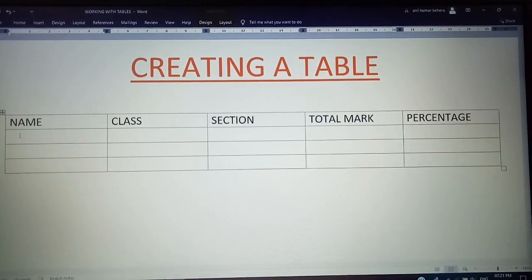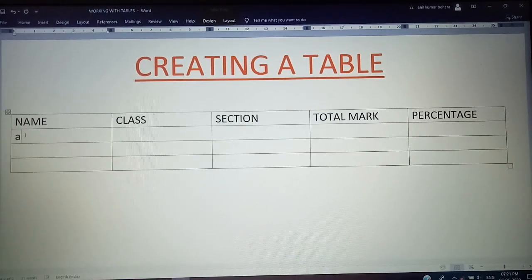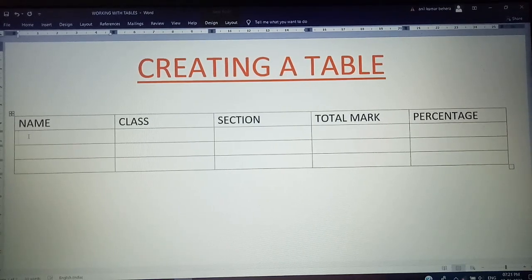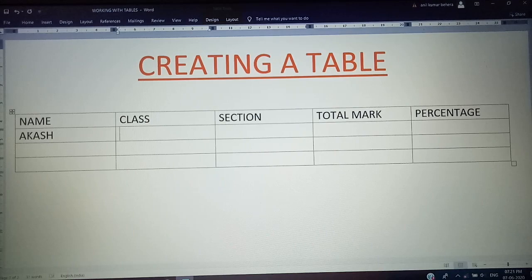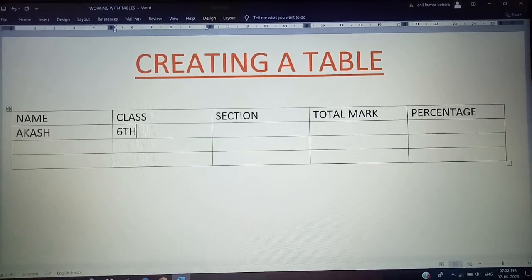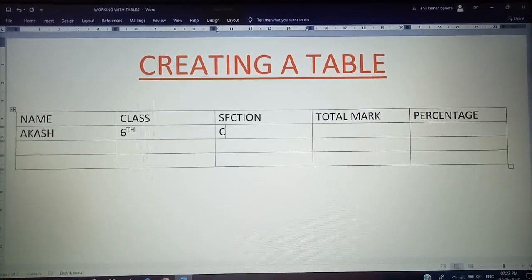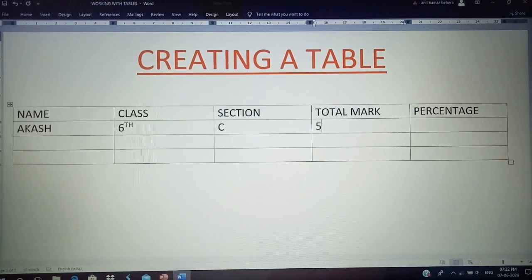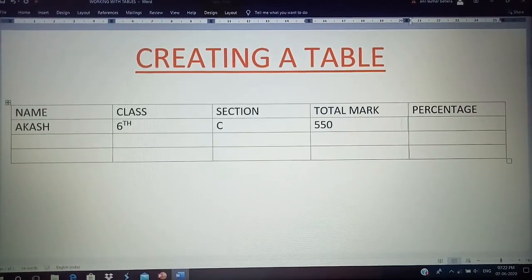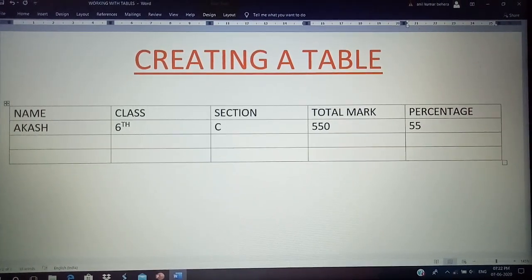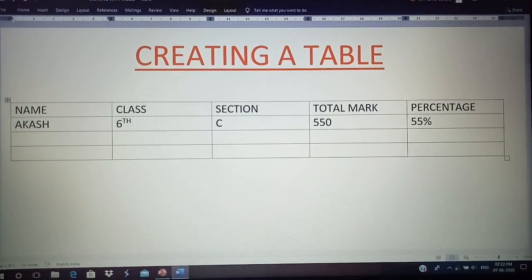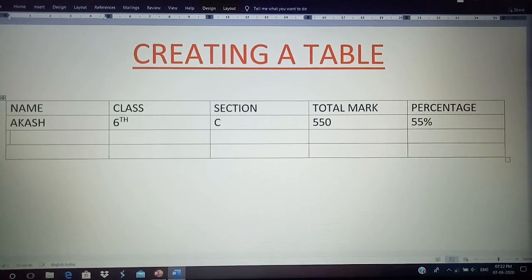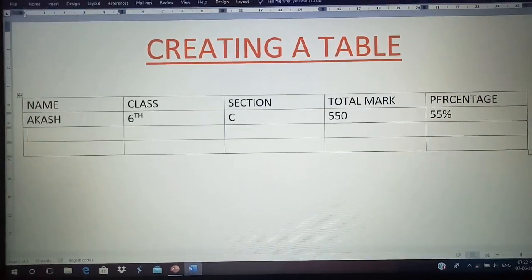I'm using the caps lock. Class 6th, section C, total marks 550, percentage is 55%. I may not be very correct in my percentage calculation. I'm not calculating, just entering randomly.